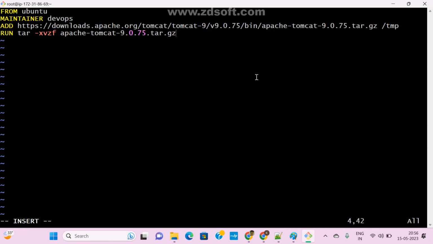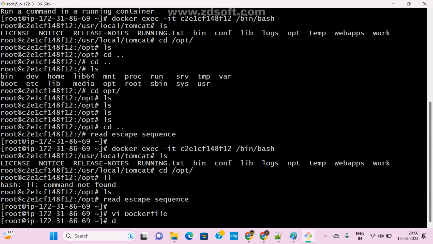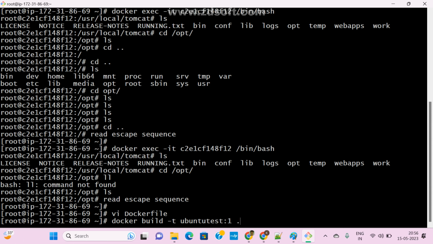Let me try it. Okay, so now I am using 8.0.5, escape colon x. So now docker build -t ubuntu:test . current Dockerfile.